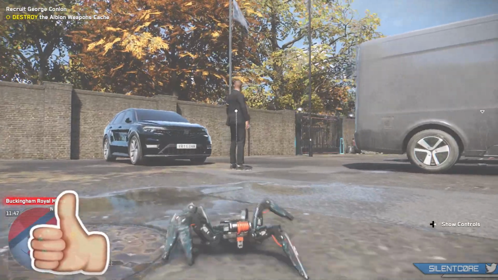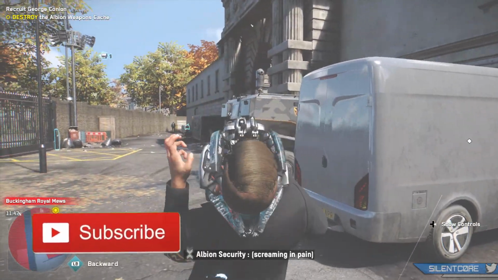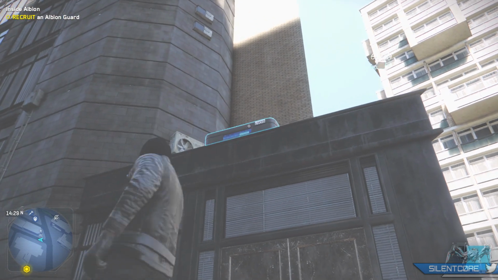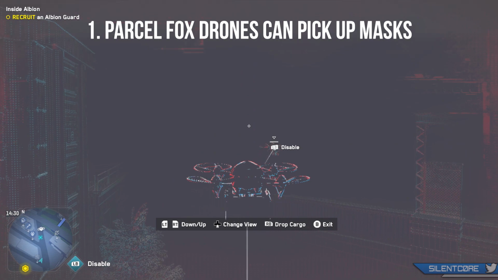Today I have for you 10 huge tips and tricks that are really going to help out your gameplay in Watch Dogs Legion. Some of these actually took me quite a while to find out. So let's jump right into that first tip, and that's to look out for the PARCEL Fox drones for two